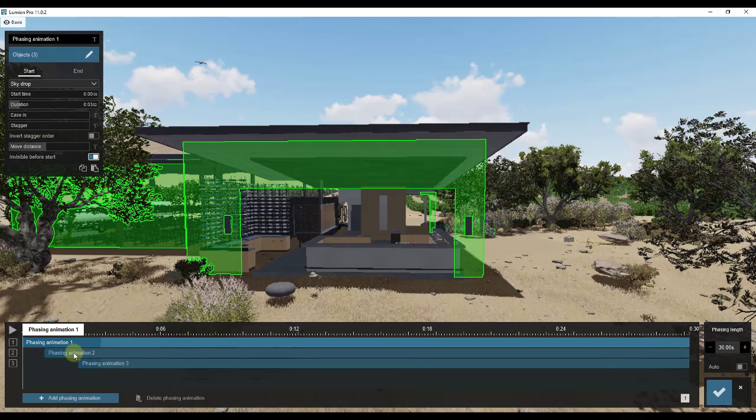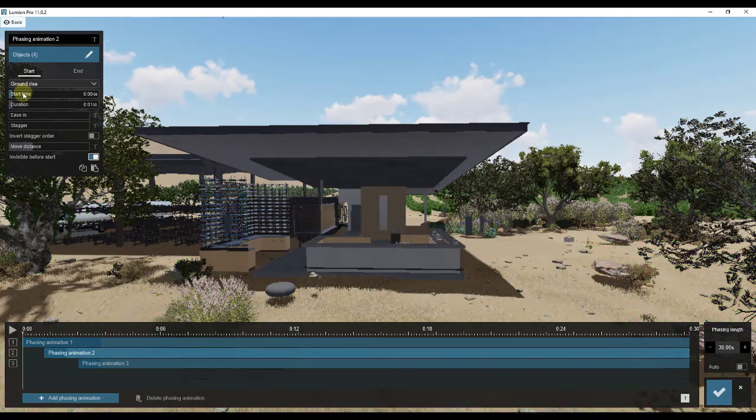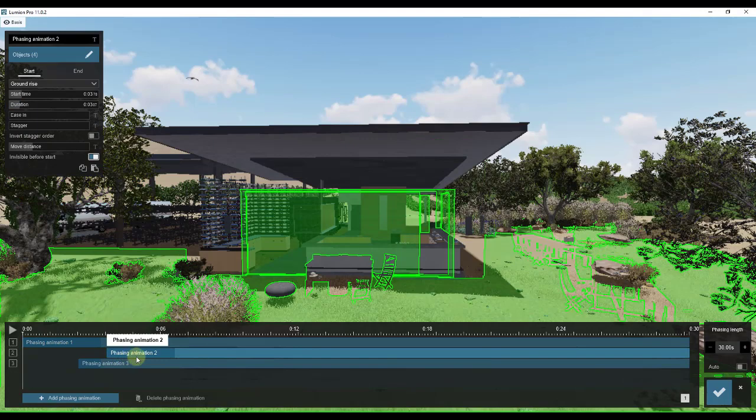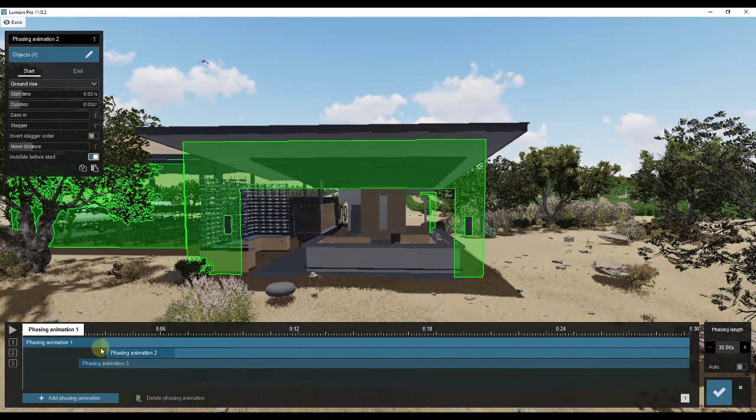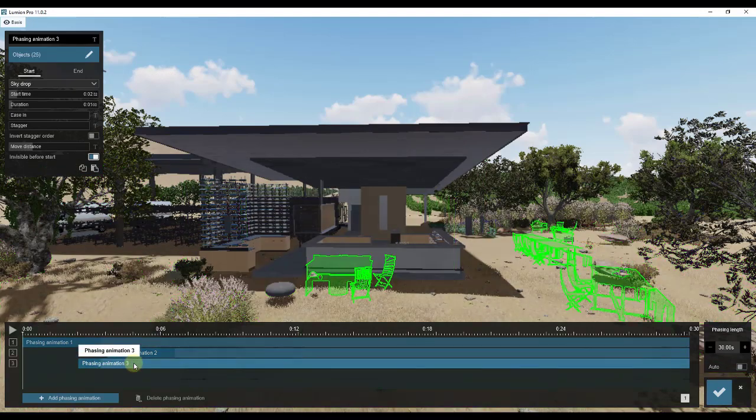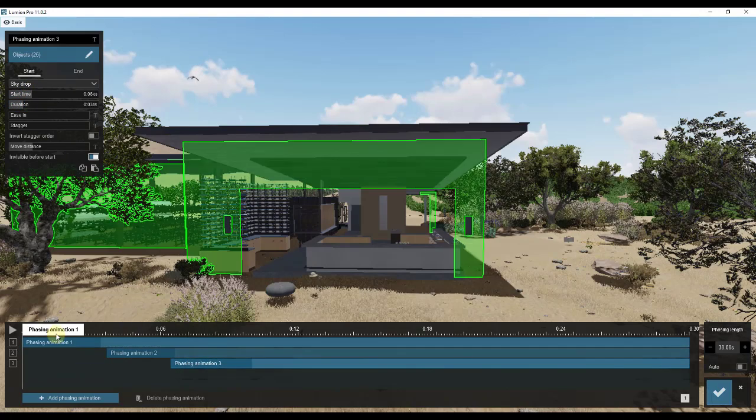So we're going to make this animation a little bit longer. Then this one, we'll change our start time to around 3 seconds, and we'll set our duration to around 3 seconds as well. Notice how you're getting this dark bar in here. The dark bar is indicating the part of the animation where the movement is actually occurring. That's going to be your duration. So then this one, we'll move it over to 6 seconds, and we'll set our duration to 3 seconds.